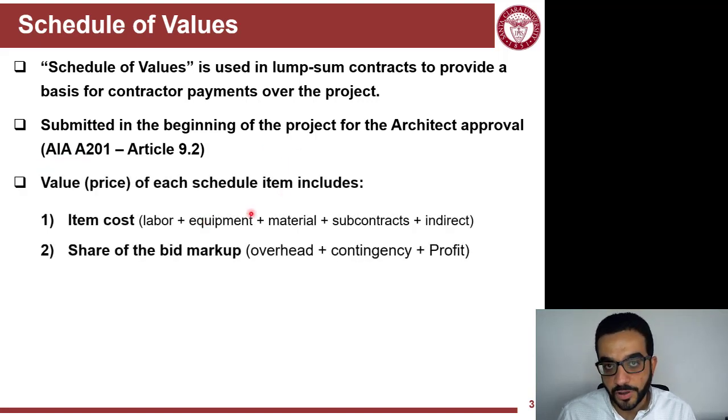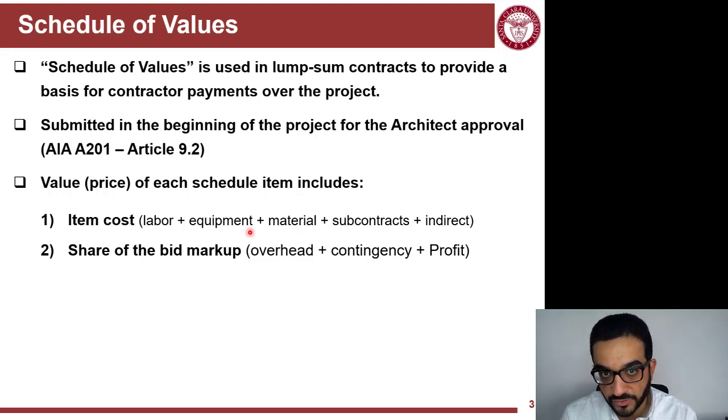The value or the price of each one of these schedule of values items, you can look at it as including two components. First, this value includes the cost of the work, which only the contractor knows in hard bid or design-bid-build projects. They have their own estimators, and they have the ability to predict that in some way. So that's the cost that's being estimated, and in addition to the cost to reach the value, the contractor will load on top of that the part of the bid markup